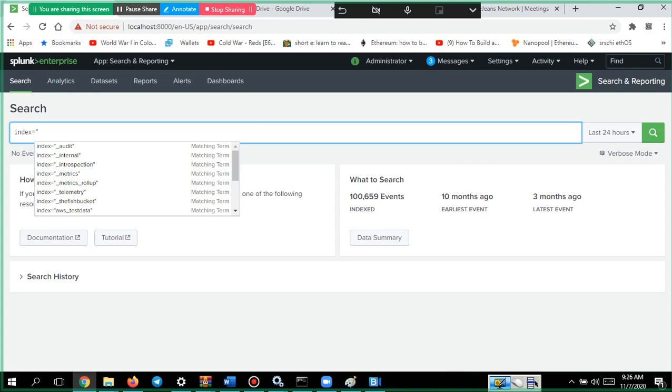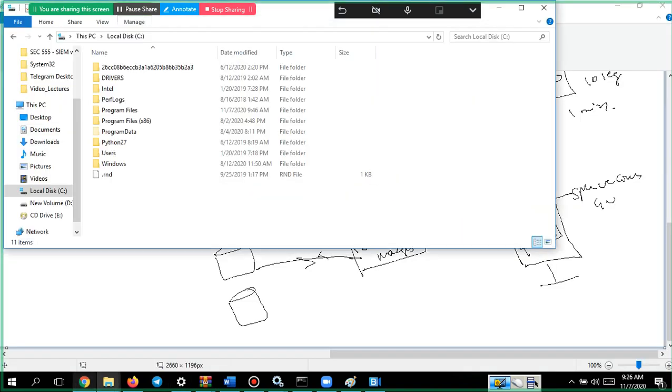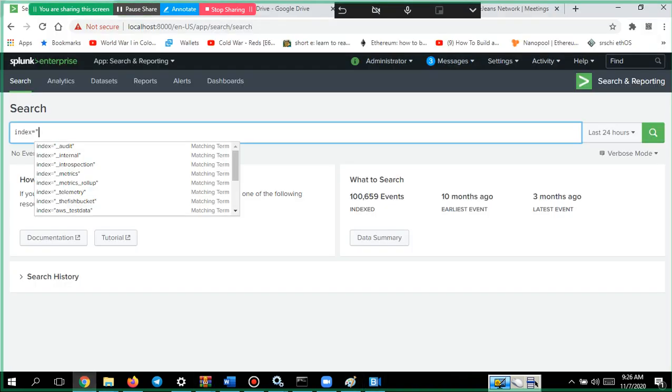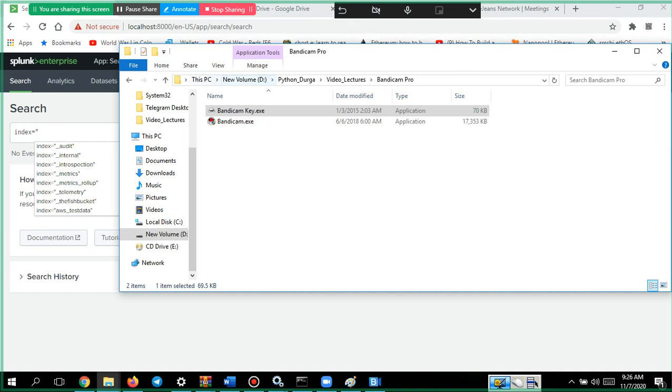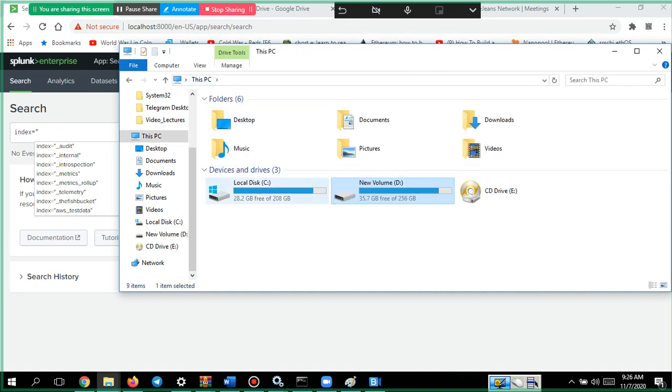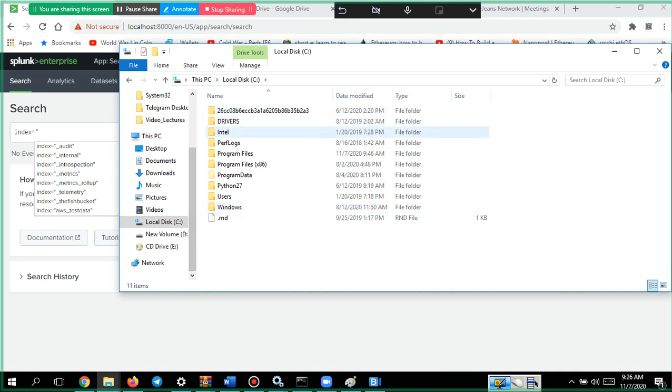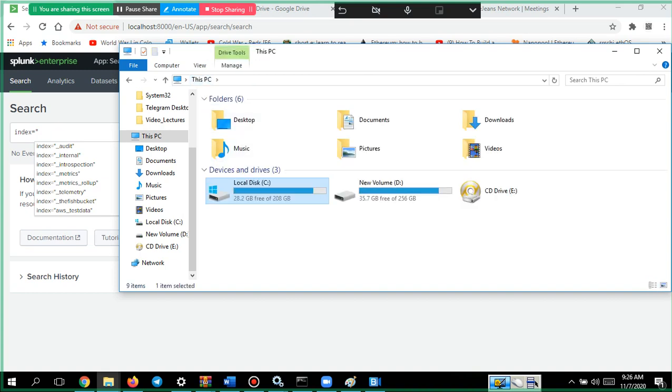All my web server logs will be present under this. If I go inside, some subfolders will be there, which we will see later. All my firewall logs are under this.